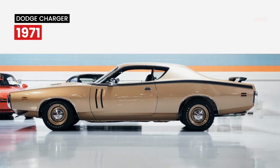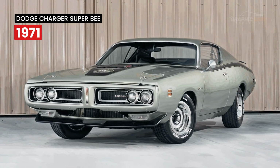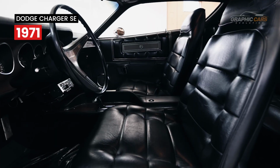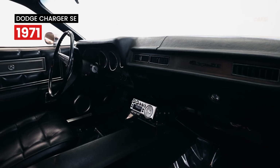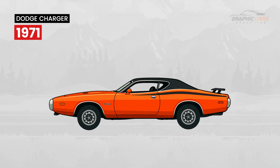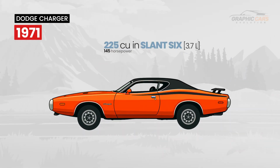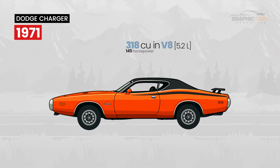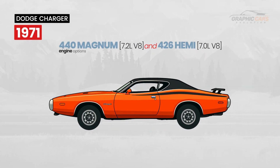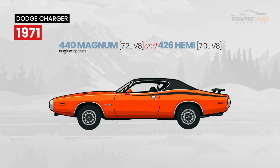The Charger was now available in multiple trims like the RT and the revived Super Bee. Dodge also introduced the SE Special Edition, which focused on comfort, offering a more upscale interior and premium features. Under the hood, the Charger still packed a serious punch. Buyers could choose from a range of engines, from the budget-friendly 220 cubic inch 3.7-liter slant 6 and the reliable 318 V8 5.2-liter to raw powerhouses like the 440 Magnum and the legendary 426 HEMI V8, a true icon of